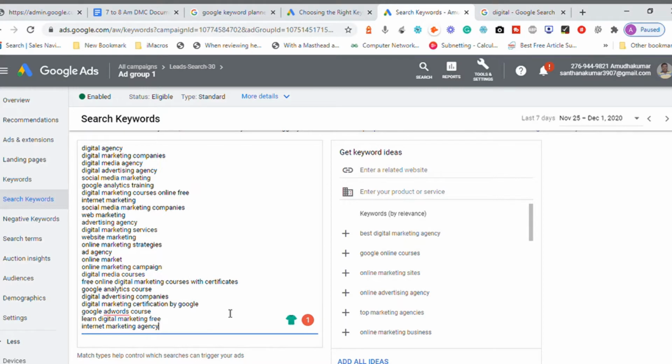So this is broad match. Whatever the combination of the words inside available, your advertisement will be triggered. Now this is very bad, right? Very bad. Why? Because your target audience is very broad, so the conversion rate will not be very good. You will end up spending more money and there will be no better results coming in by using a broad match keyword type.